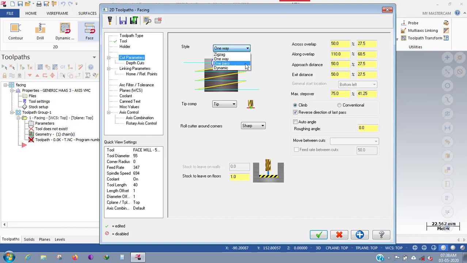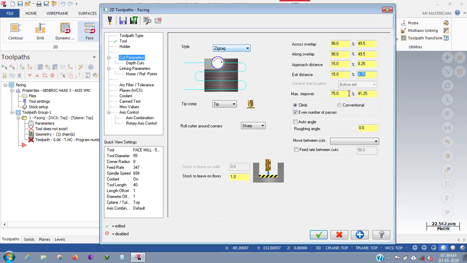Okay, I am first giving zigzag and I'm controlling the overlap as 90%, and along overlap also 90%, and approach distance I am reducing to 15%, and exit distance also 15%.